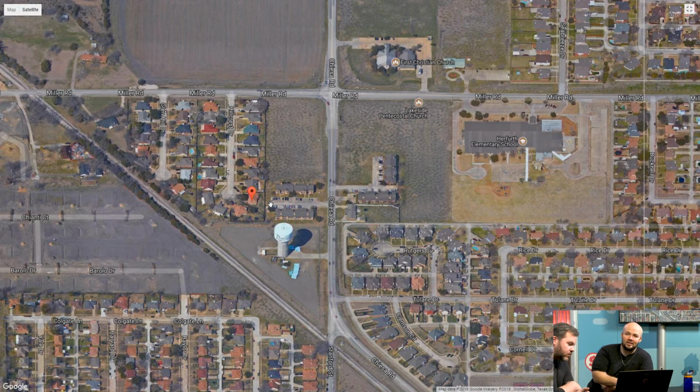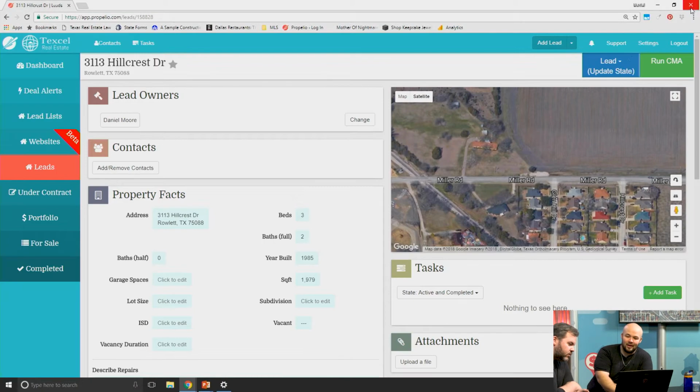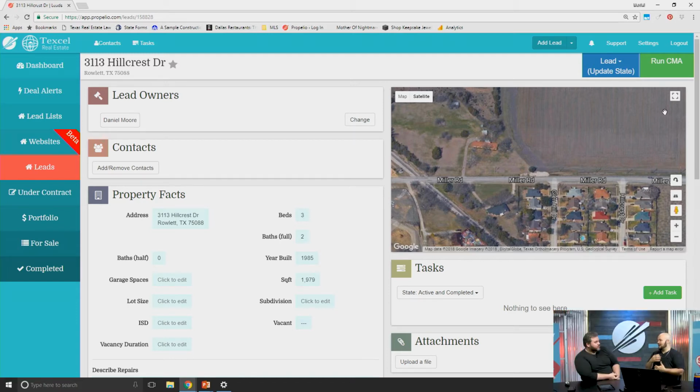So if I'm analyzing this property, I need to think about what my end buyer is going to think about this. When they show up and they fall in love with the house, is their love for the house going to be enough to overcome that whenever they buy the house and step out into the backyard, it smells like shit? I need to think about this because it's my money that's being invested in there. So that's the process I'm going to use to take my initial first glance at the property.